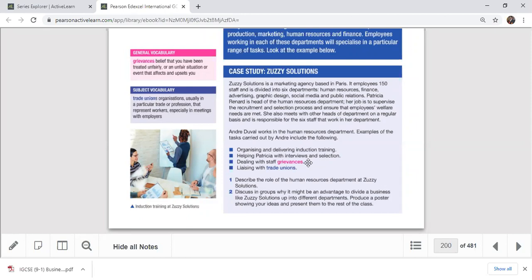That was one part of the HR. And liaising with trade unions. What is liaising? The liaison officer is the person responsible for this. They maintain the relationships. A liaison officer is like a mediator, like a settlement maker, a person who makes a relationship with the trade union. What is a trade union? That name is really important.